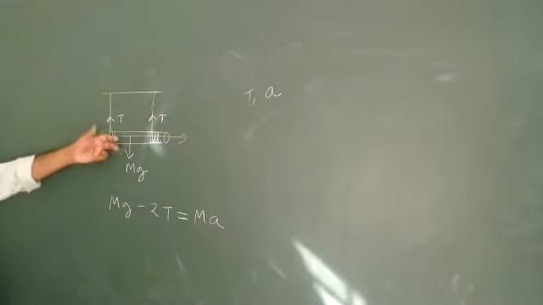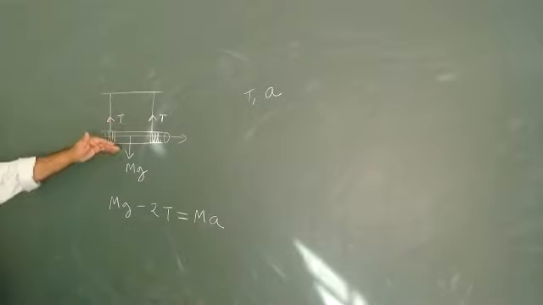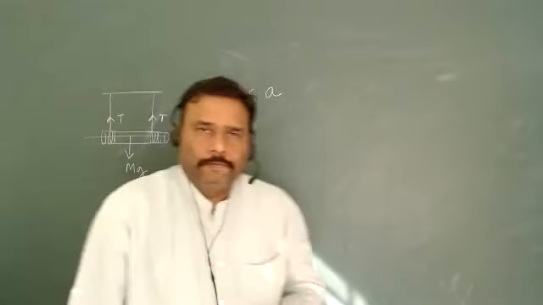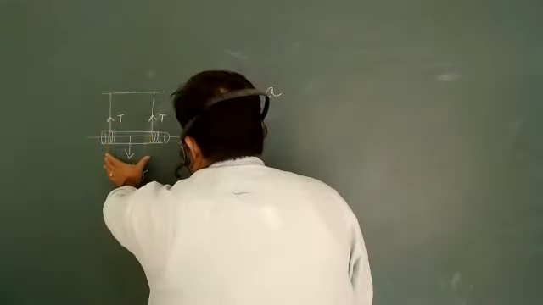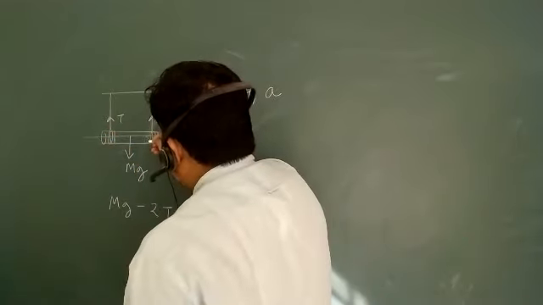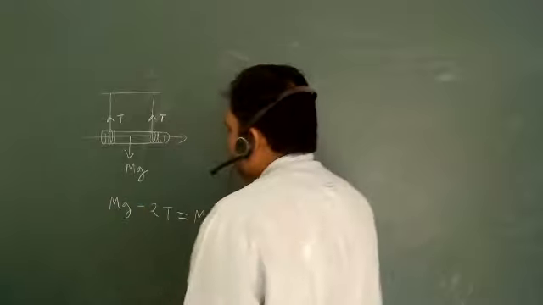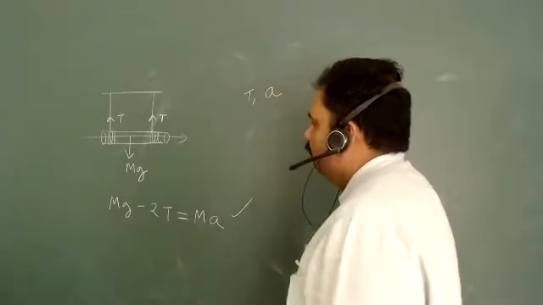But this is not the whole situation. Here you also have some rolling effect. It is just rolling. That means if it is moving 2 pi angle, then it will just come down 2 pi r length, isn't it? This is all about rolling. So this string will just open in a very nice way. It is rolling down, something like this. Okay. So mg minus 2T is equal to ma. This is just Newton's law in the linear case.